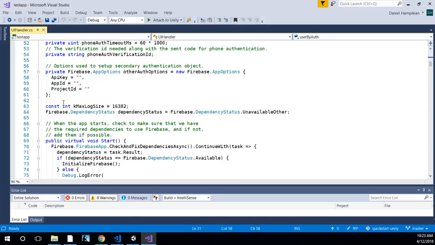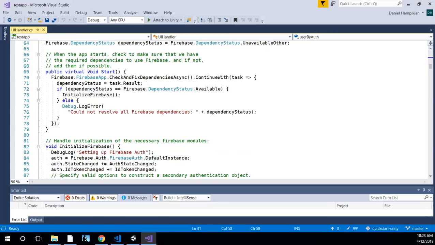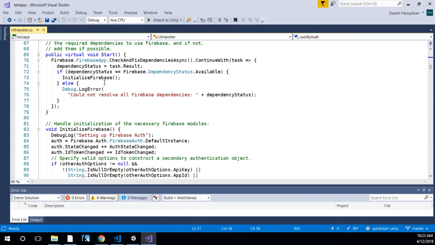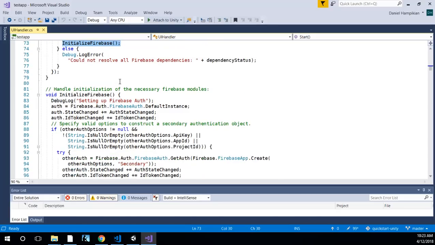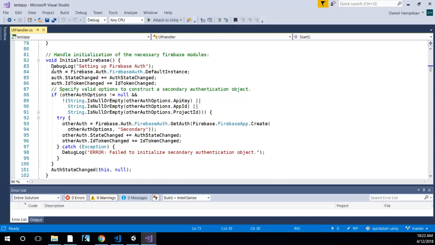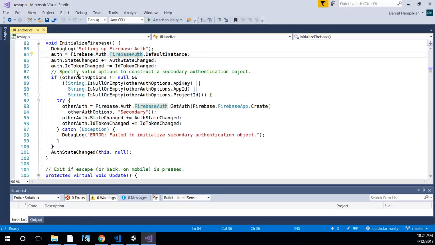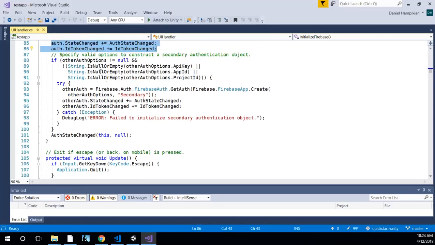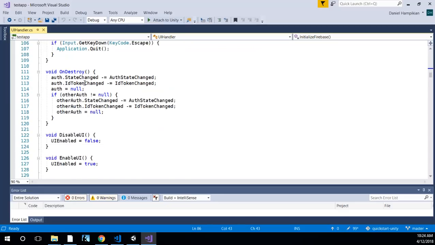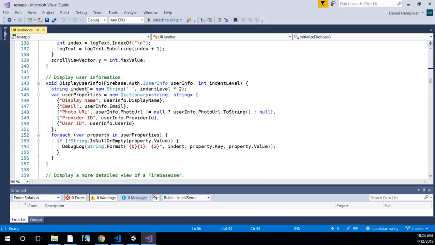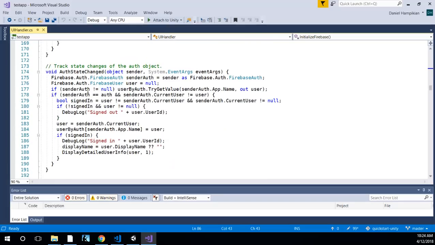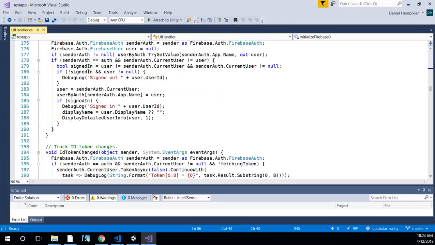So if we scroll down, we can see we check some dependencies here, and then initialize Firebase is going to do the initialization work, and what we're going to do is use that reference here to the Firebase auth object to call a method to get a default instance, and then from there we'll track the state changed and the tokens changed. If we scroll down, we can see that the actual login work in the way that we're interested in is going to happen